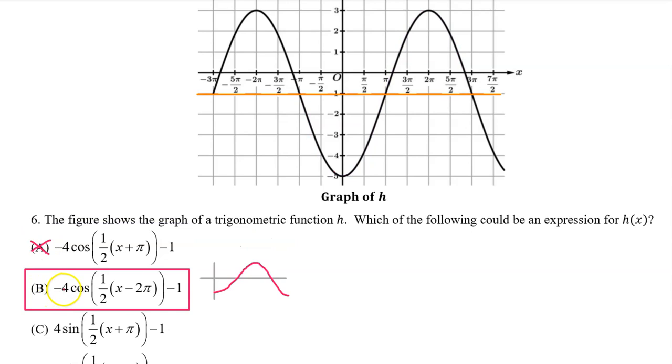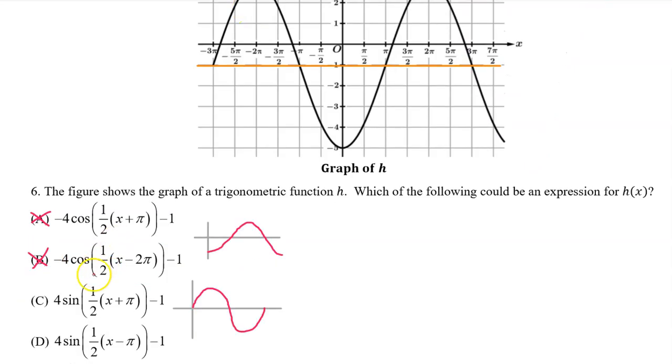With its negative a value, function b is another upside down cosine function, so the first period should look like this. The c value is negative 2 pi, therefore the phase shift is positive 2 pi. So one period of function b should start right here at positive 2 pi. However, if I trace out one period, it's going to look something like this. This is a right side up cosine function, not the upside down cosine function we were looking for. So option B is not the